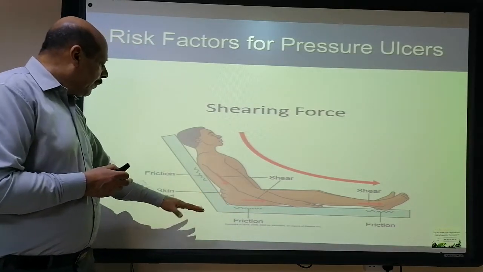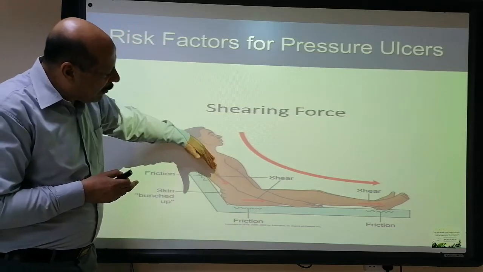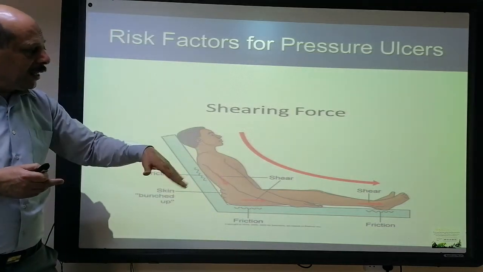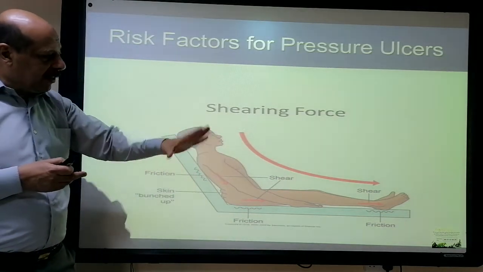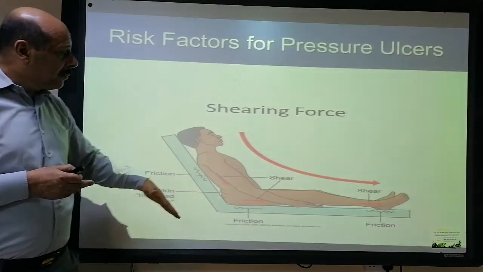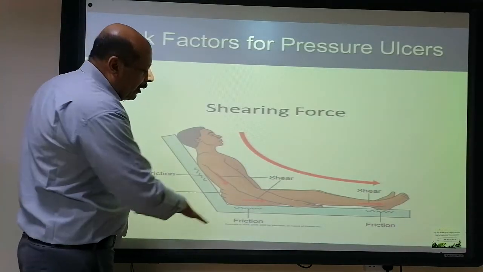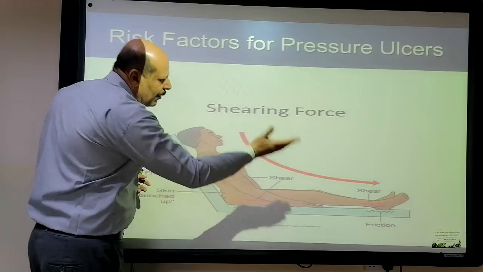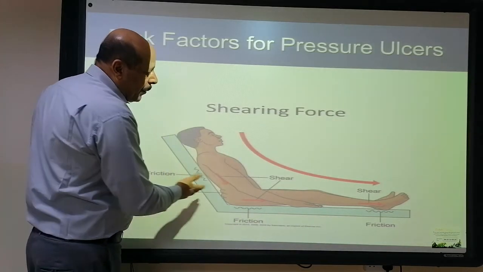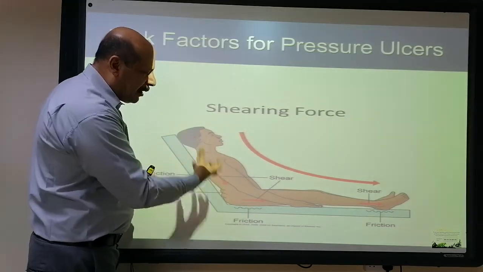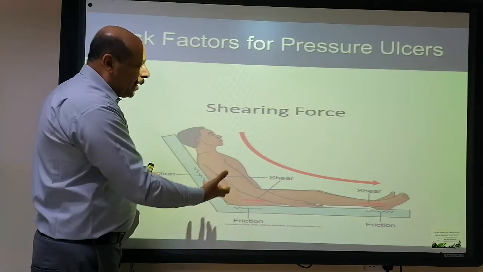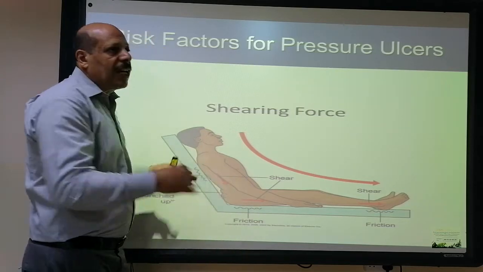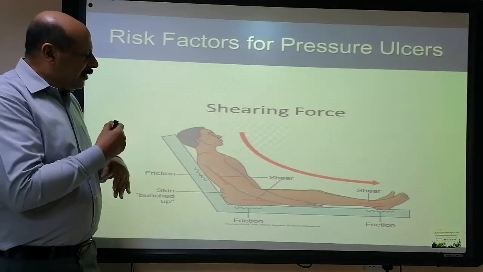There is also the skin being bent, and our body is taken by gravity. It is pulled downward toward the legs or the feet of the bed. By that, the pressure and the friction are preventing our body from sliding downward. So that pressure, the force of gravity, and the friction will form a shearing force with a different direction.